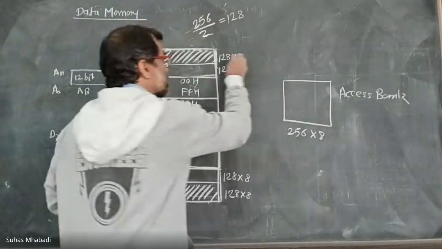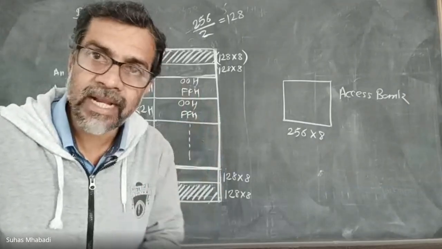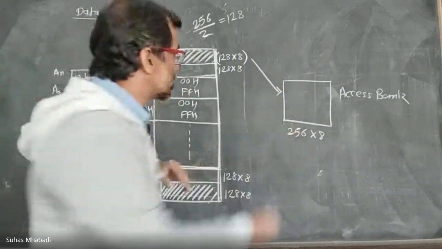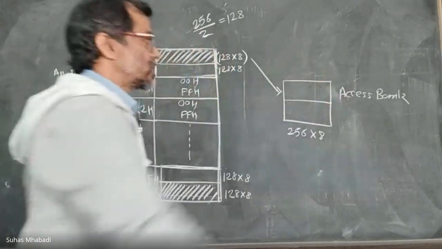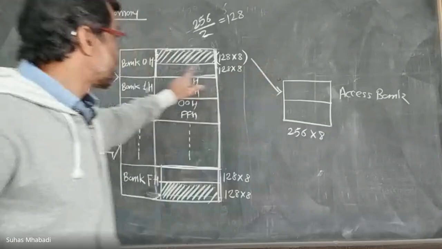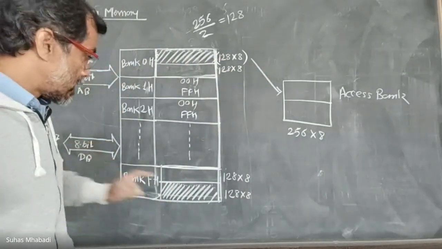So this first 128 registers are taken here. Just an understanding. So this is of 128 registers taken from where? Taken from bank 0, first 128 registers. Last